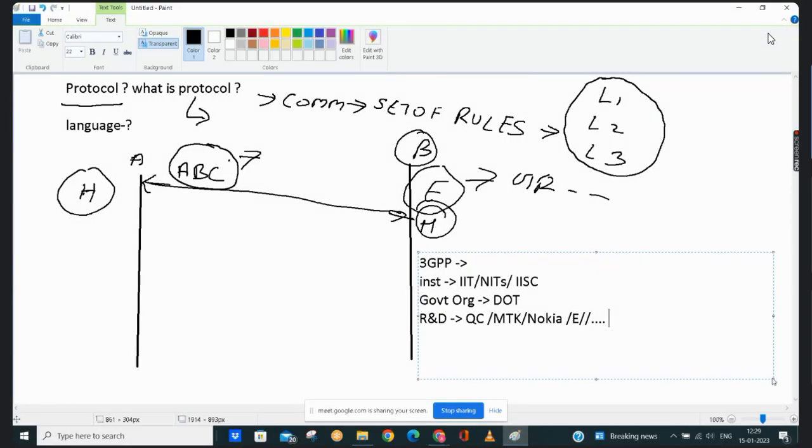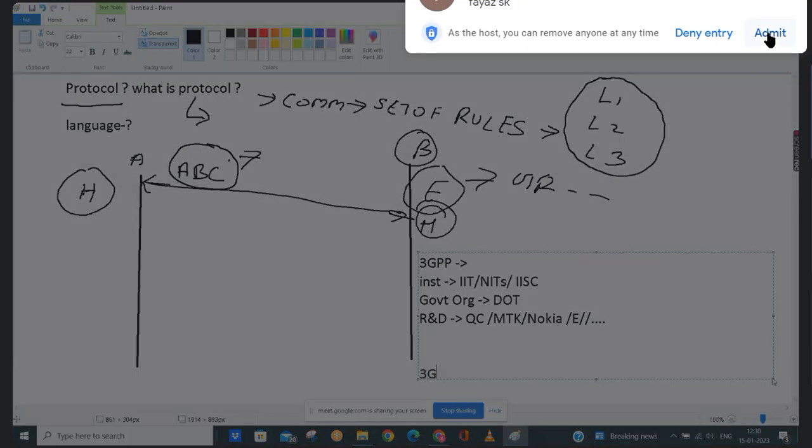Representatives of all these organizations and institutes come together and research a lot, then define the rules and their findings. Suppose we have 3GPP specs, like the spec for RRC, which is 331.